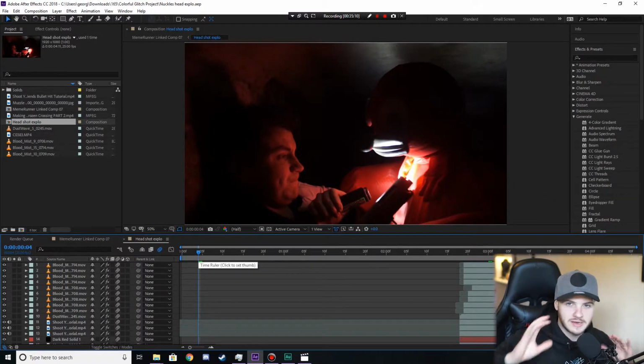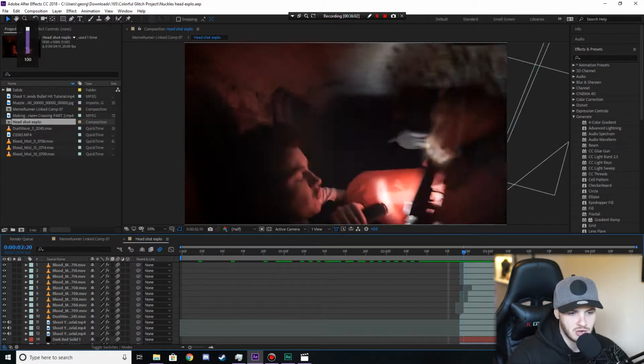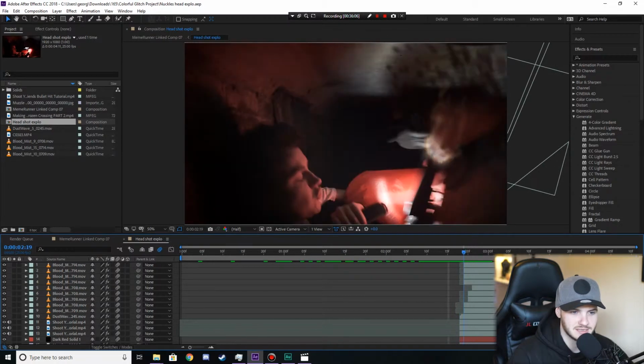Okay, so earlier I said that the effect where the car landed was one of my favourites, and this is very much one of my other favourites. It's the scene where Knuckles' head explodes, and the reason I like this scene is it's quite gnarly. There's these chunks that come out of the head. As it flies in, you can see that there's this element of dark brain matter that sort of spews